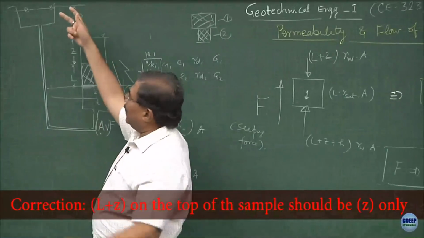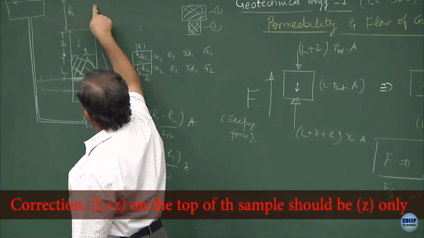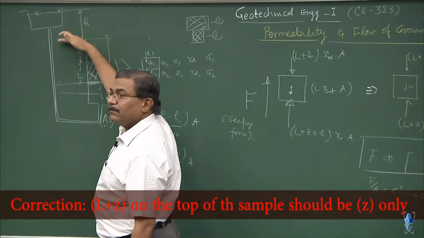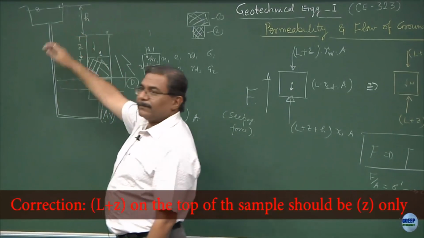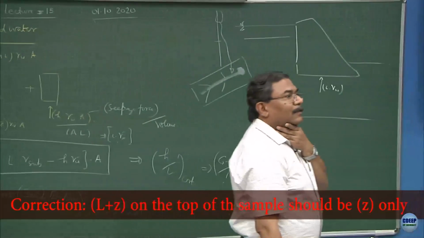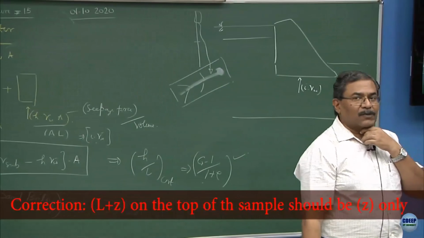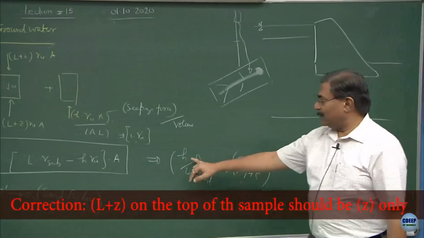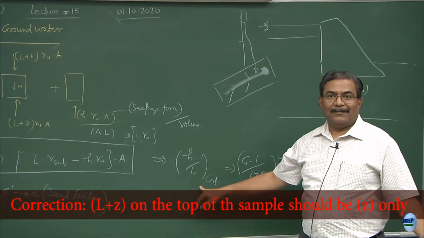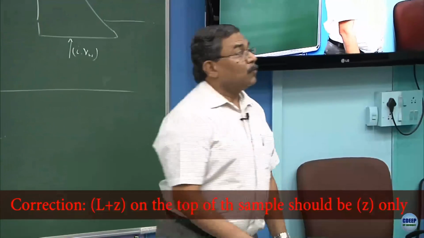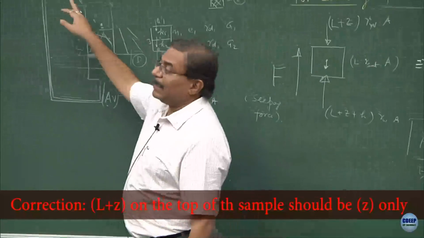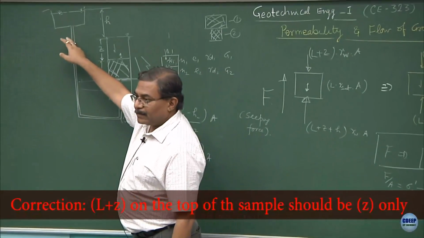Now, do an exercise. Suppose H tends to 0. What is the meaning of this? This water column matches with this water column, and try to see what happens. So, what is your intuitive feeling? If H tends to 0, what is going to happen? Hydraulic gradient is going to be 0. That is it. So, in other words, this is the response of the porous media to the external gradients, hydraulic gradients.